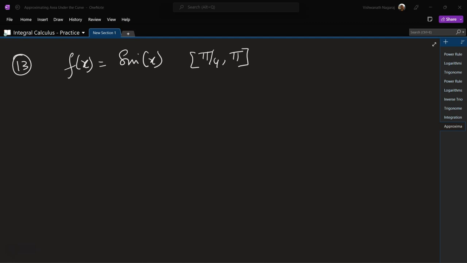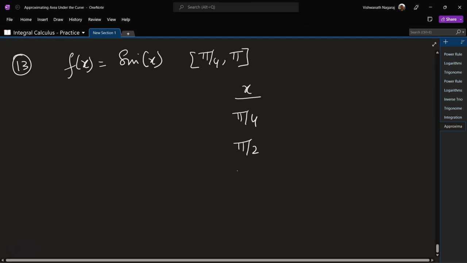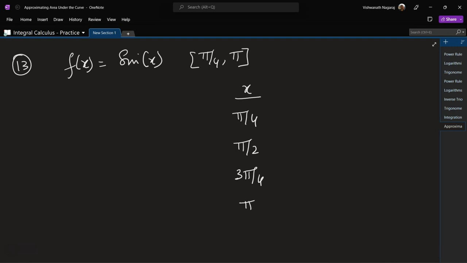So let's start with x with pi by 4, then pi by 2, then 3 pi by 4 and pi. So the distance between each of these is pi by 4. So f of x at pi by 4 is going to be 1 by root 2, at pi by 2 is 1, at 3 pi by 4 is 1 by root 2 and at pi is 0. So again trapezoid